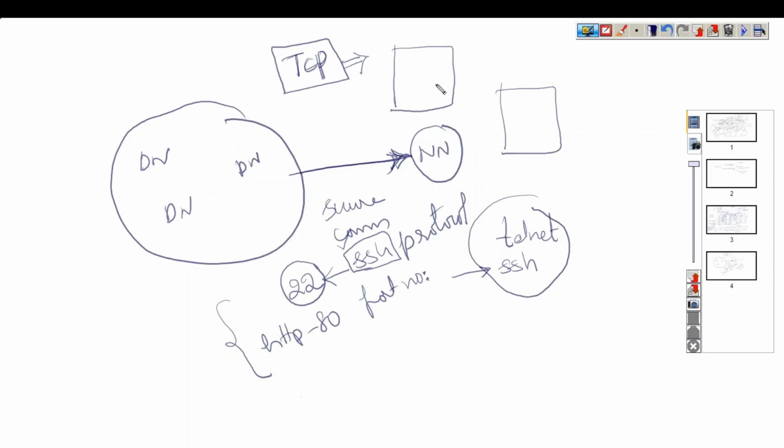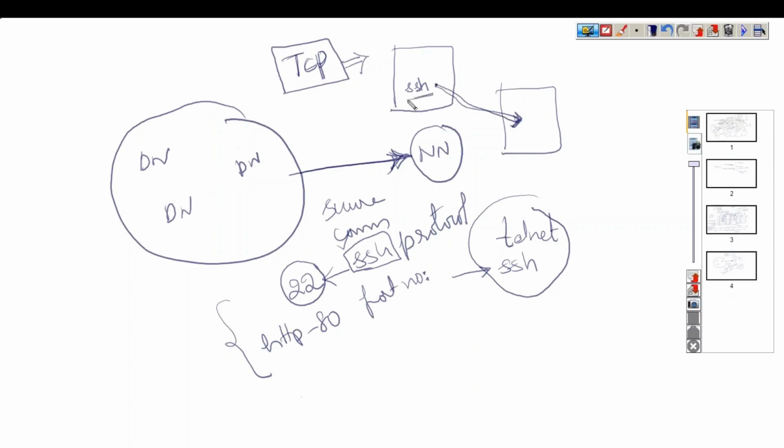Suppose this node wants to communicate with this node through SSH. The request will go to this node. How will this node verify the request? How is the network manager going to understand it?